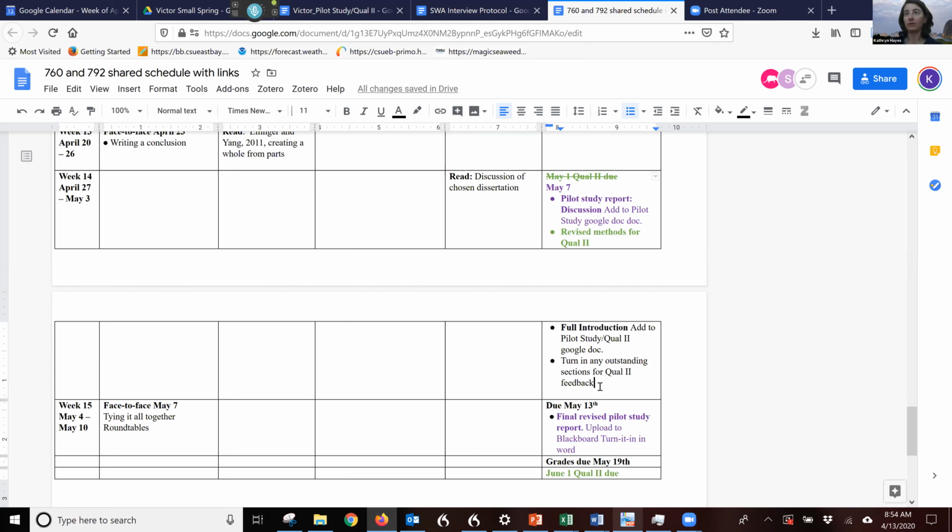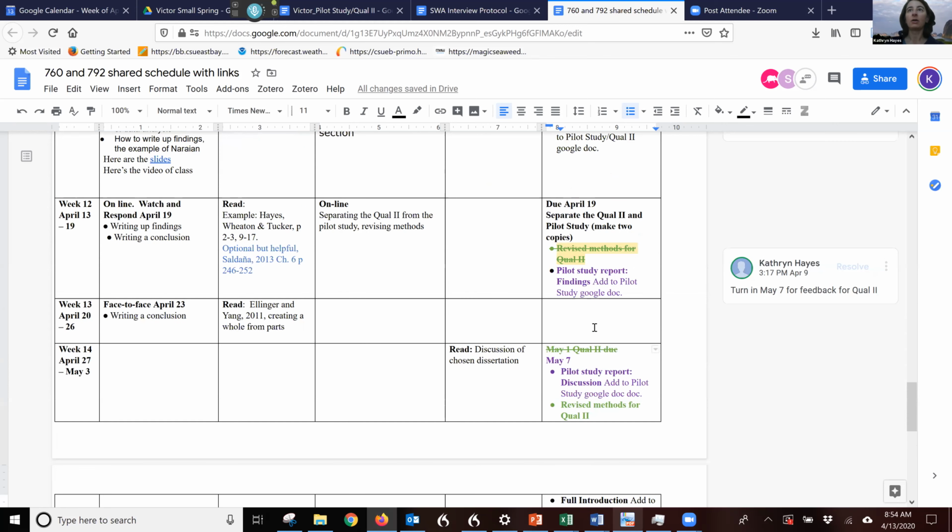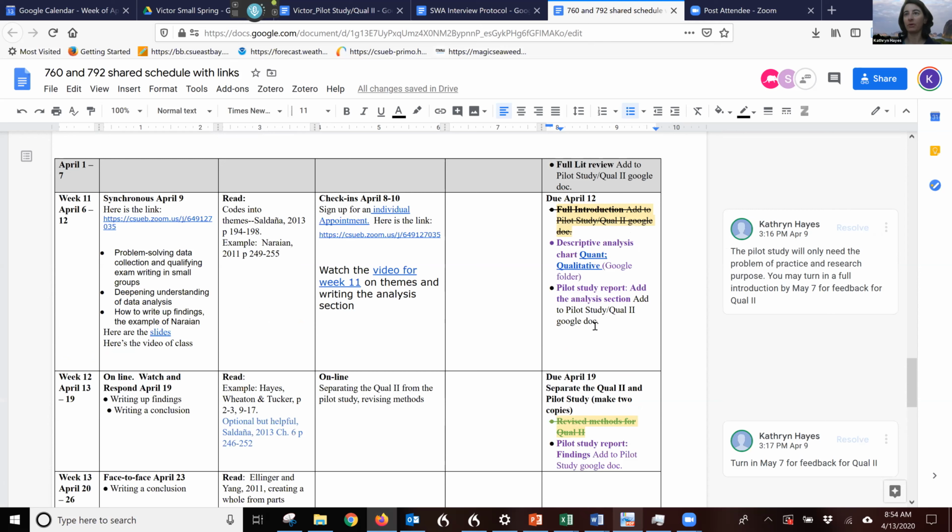The reason why it's hard to reduce this assignment is that every piece of doing the pilot study is essential for your learning around the dissertation. We hear over and over from students that the pilot study course was the most important course leading into the dissertation, that they got to try everything out. And so it gives them confidence that they can do it, that they are researchers.